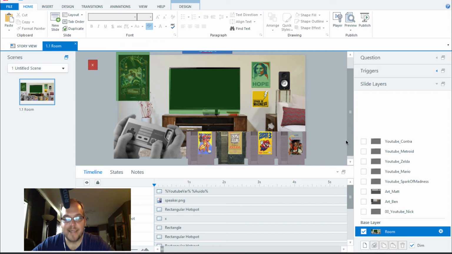So really, when you break down the logic, the variable changes. If the variable changes and it's one of these games, I need to show these hands because they're playing a video game. If the variable changes and it's not one of these games, it's Spark of Madness. Hide the hands, show Spark of Madness. If the variable changes and it's one of these games, I want to hide the game that it changed to, just because I don't want them to drag the same game onto the TV twice. It wouldn't do anything, but I want it to hide,